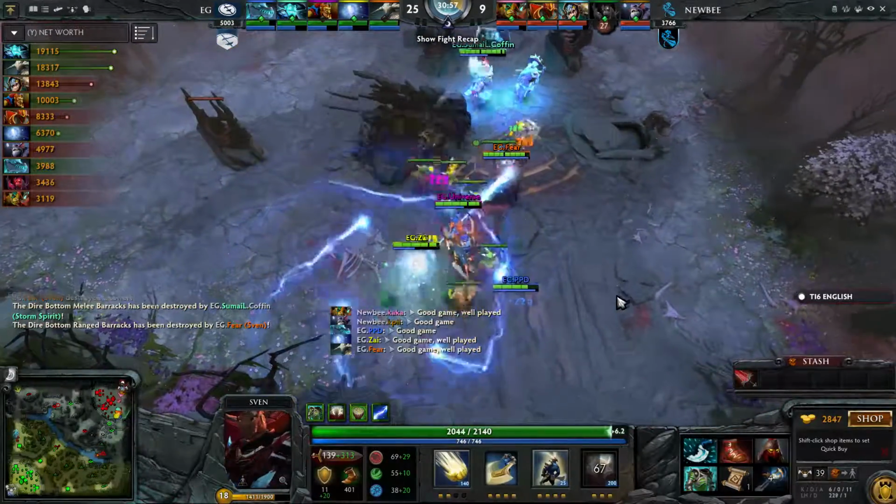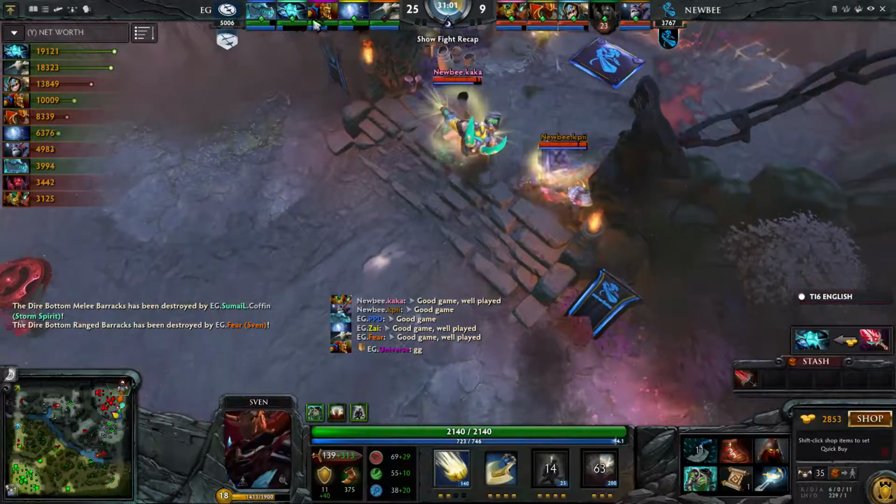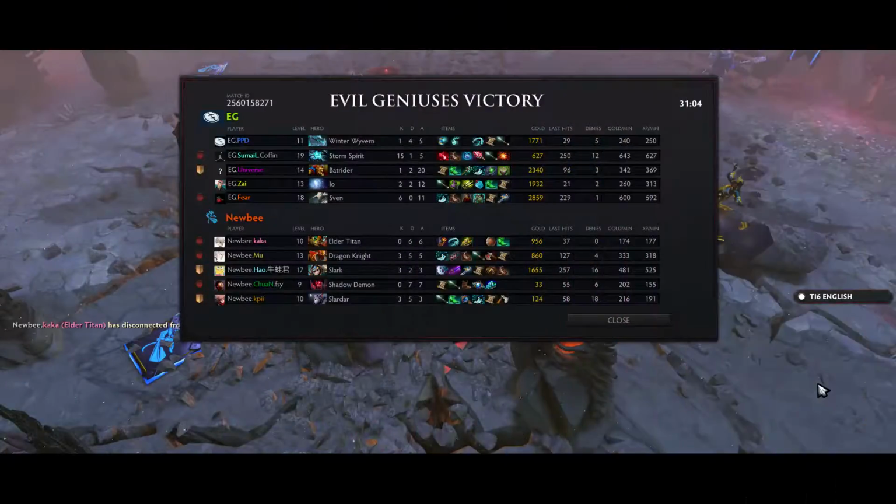This is just an invisible. There it is. They're going to call it pretty early, 25-9. The rest of Evil Geniuses look to simply outclass Newbee in this game number 1. Newbee are going to have to take a hard look at what went wrong in that game and come back in game number